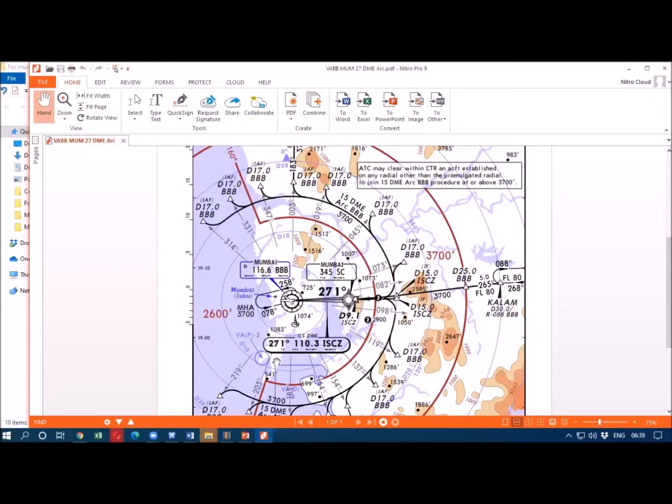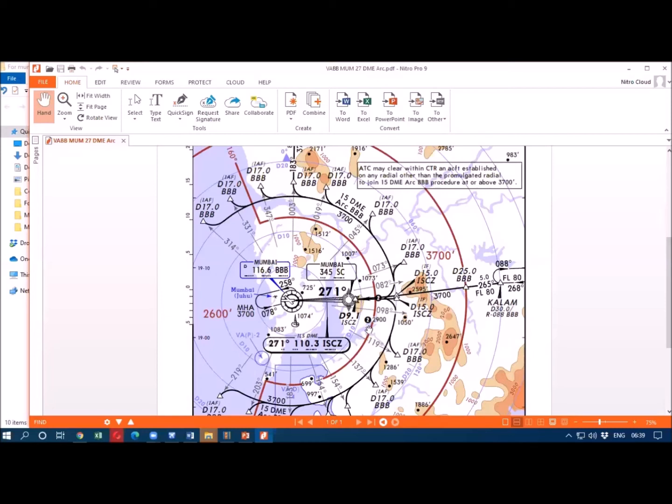Okay, now for those who are very keenly interested, this is the real life situation. Now, this is the runway and this is the ILS which you have seen. This is the runway 27. Now, if you're coming from Delhi, you may be coming on a route something like this.